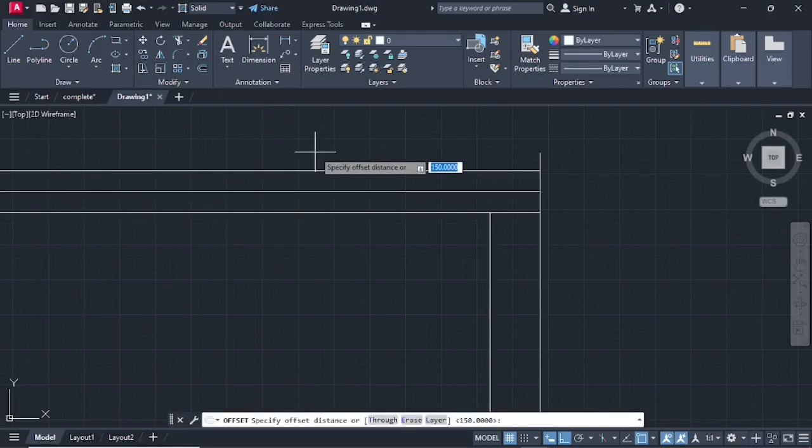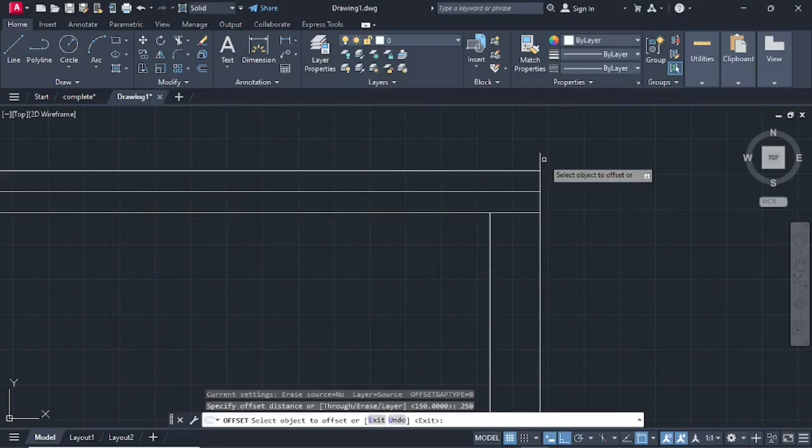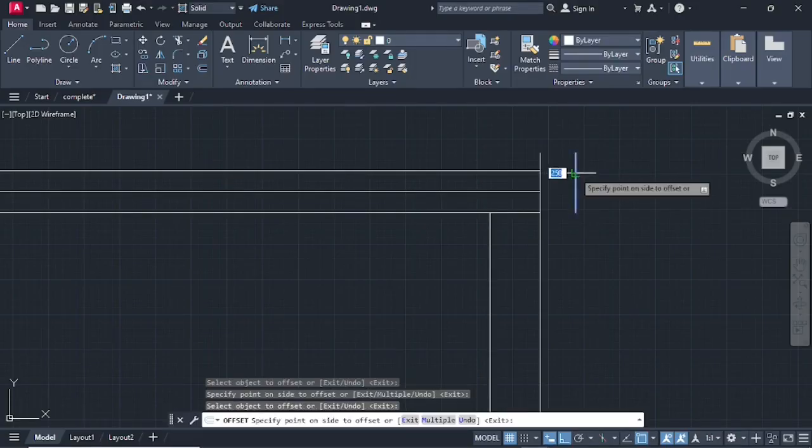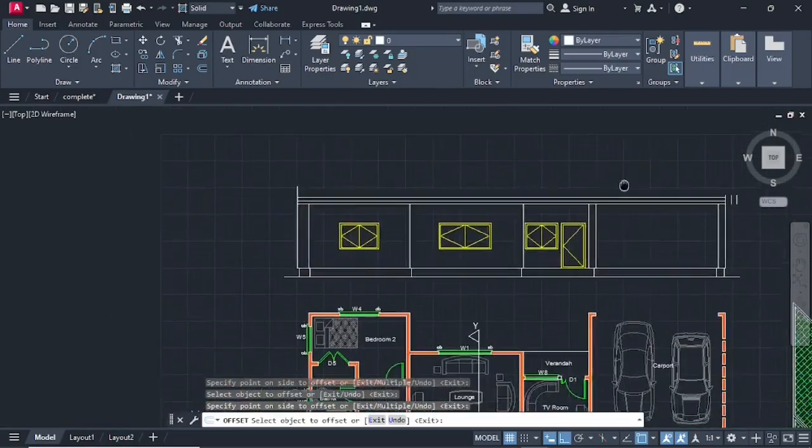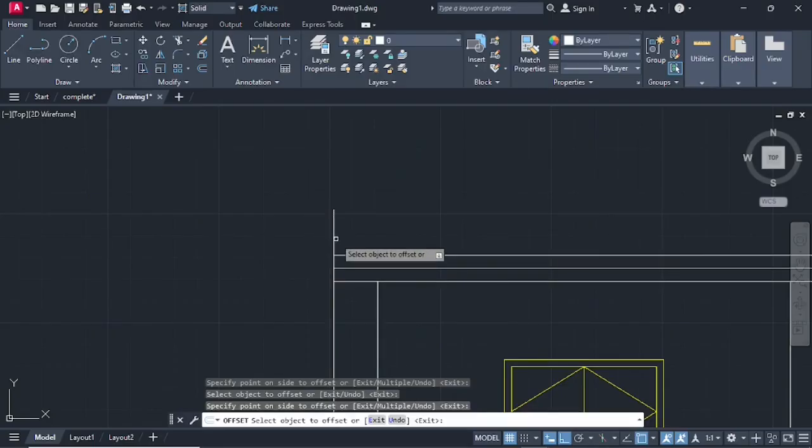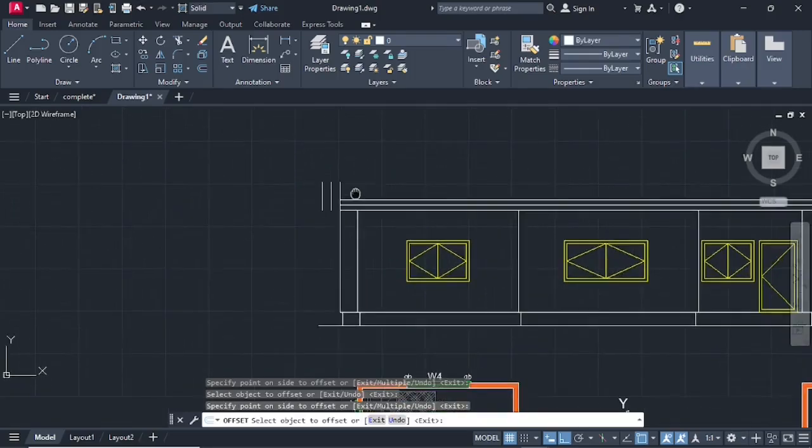We are going to be offsetting here 250, press on enter. So select this one, offset, offset again the second time, select this, offset, offset again the second time, then type